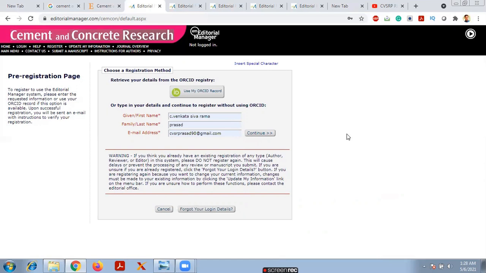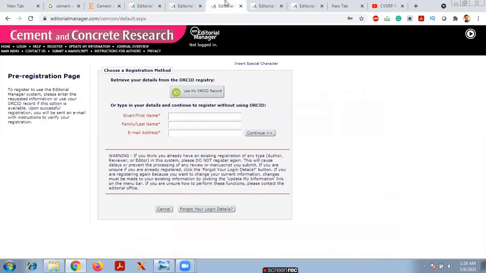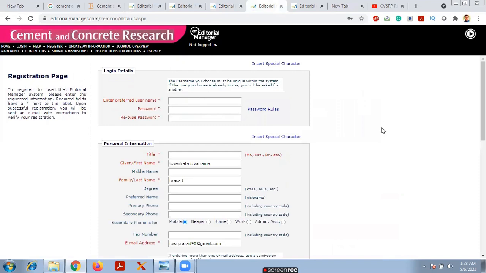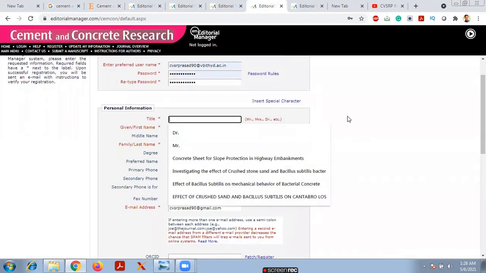These are the details. First we give the first name, last name, and also email ID. The next thing is, once you click on the continue option here, you will get this page, the second page, the registration page. In this page, first you have to give the preferred name, then the password, whatever you are going to give. Again, you have to give the password here, and you have to give the personal information, like, if